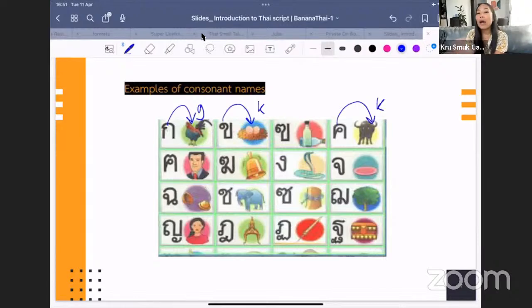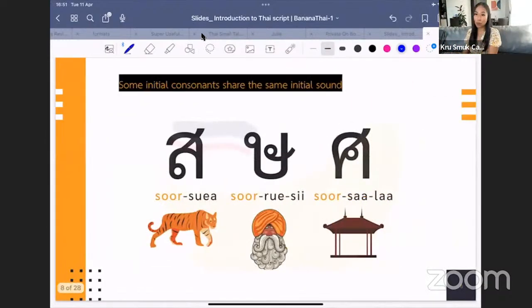K sound. Well, if you don't follow or remember all these, no worries, nah, just see the overview, understand the overview. So as I mentioned before, there are a few consonants that share the same initial consonant sound. These are examples for you. All of these consonants share the same initial consonant sound, which is